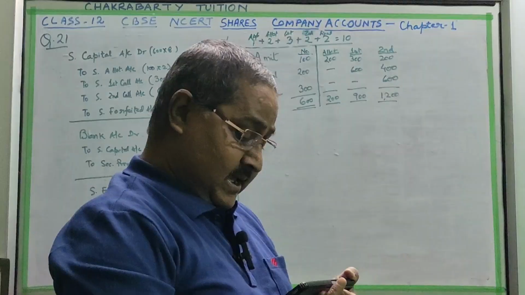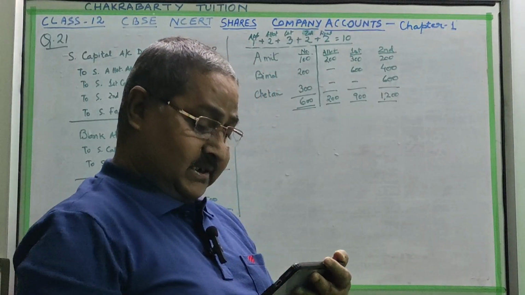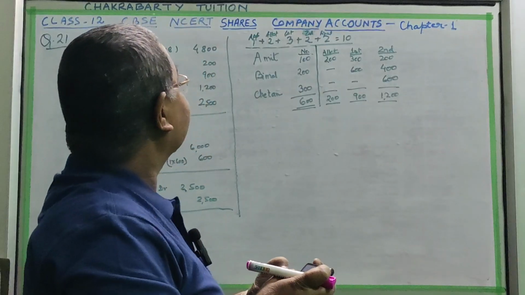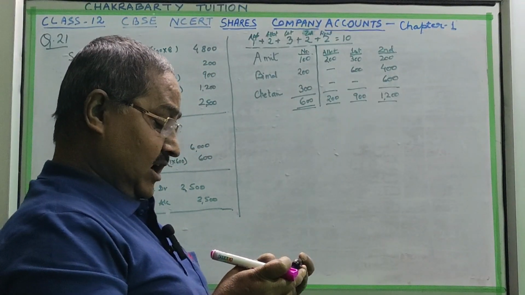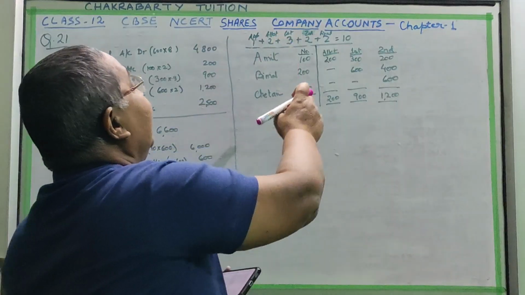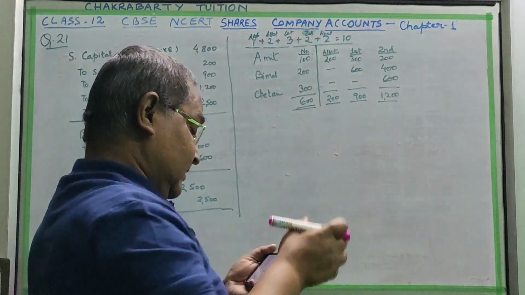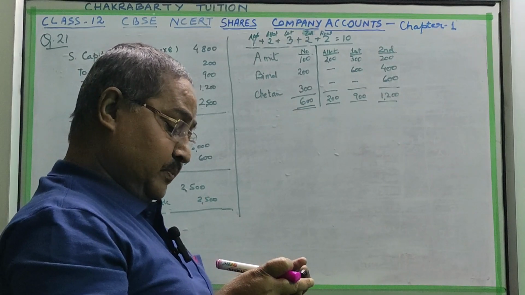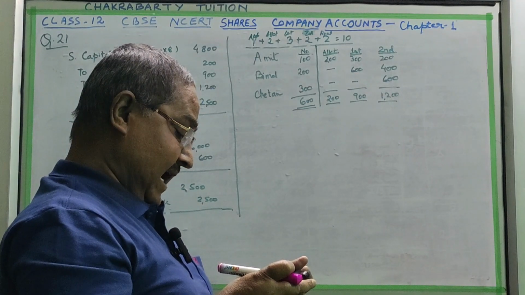He has paid rupees 1 on application, 2 on allotment, and 3 for the first call. Up to the first call he has paid. He has not paid the second and final call. They all failed to pay their arrears and the